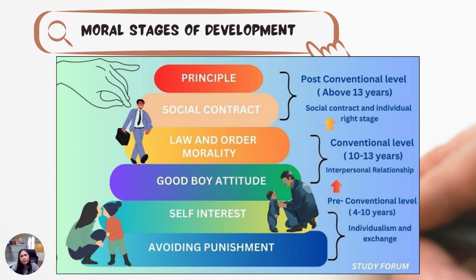If you always have that perspective of doing things because you can get something out of it, like I'll scratch your back and you scratch mine, then you are actually stuck. You are stagnated at substage 2, rewards or naive hedonism. Your actions are merely driven by your self-interest. What's in it for me? For example, a student decides to help a classmate clean the room because the teacher promised an additional point,